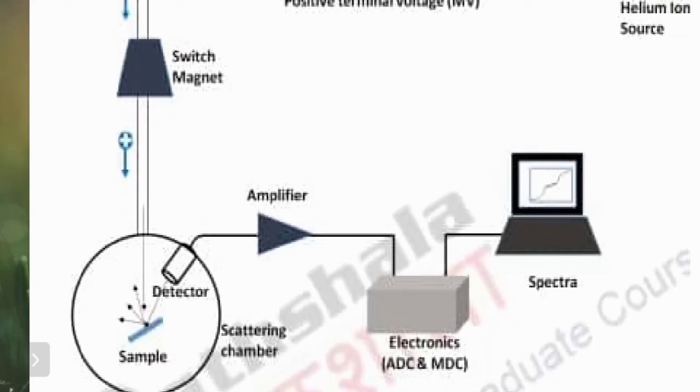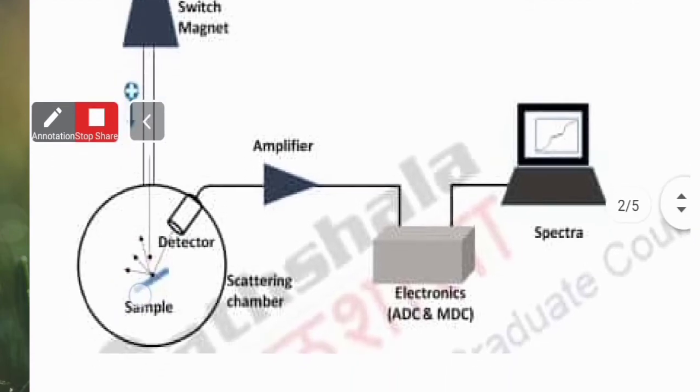Now next is the sample chamber. The basic requirement is again vacuum. The characteristics are the same as in the techniques we saw previously: the solid must be vacuum compatible. Generally this technique is used for solids and semi-solids, because in liquid or gaseous states the backscattering yield is quite low.